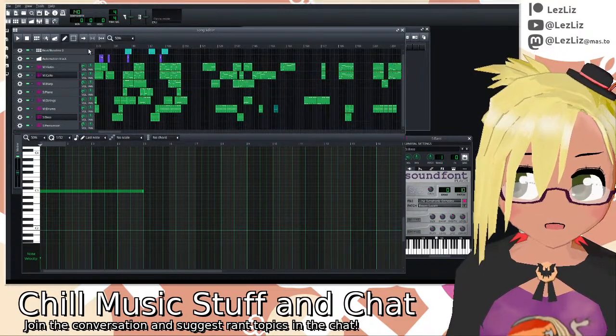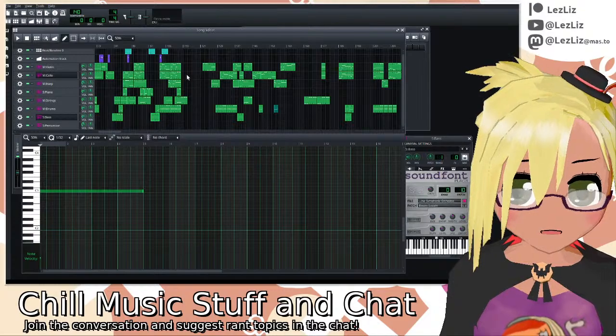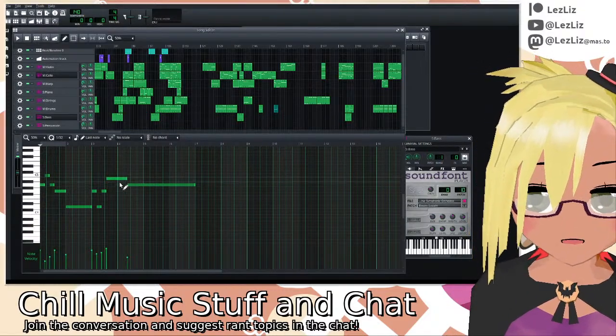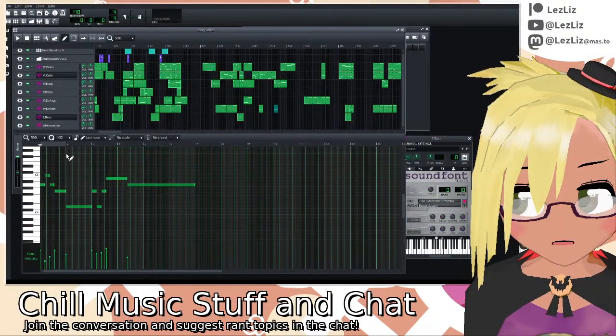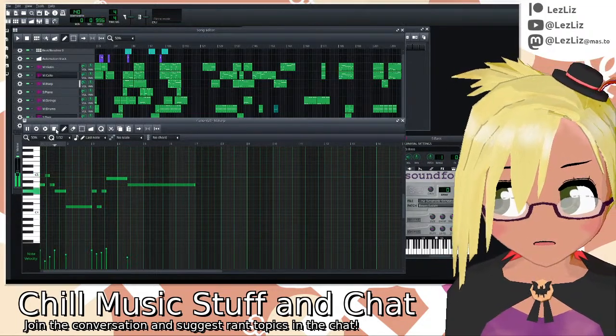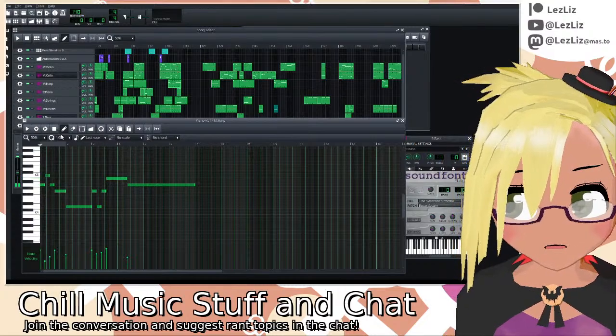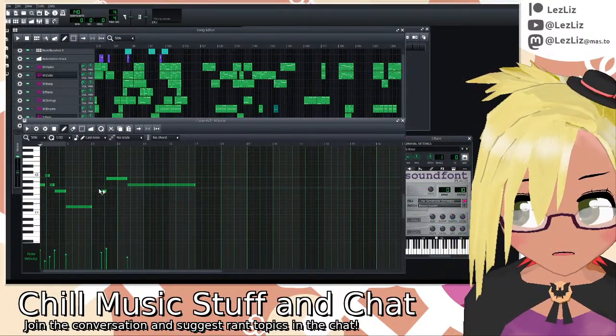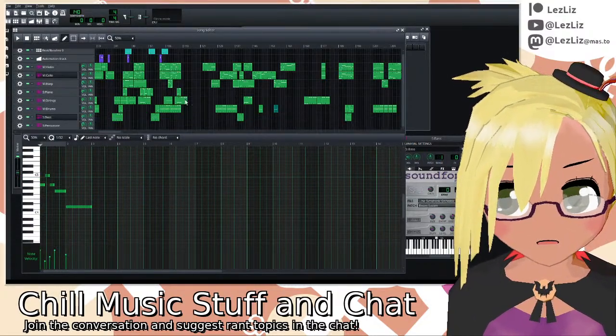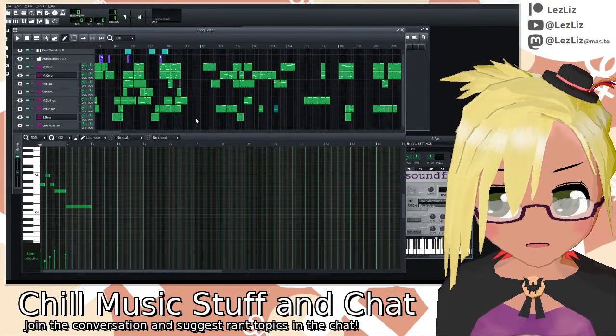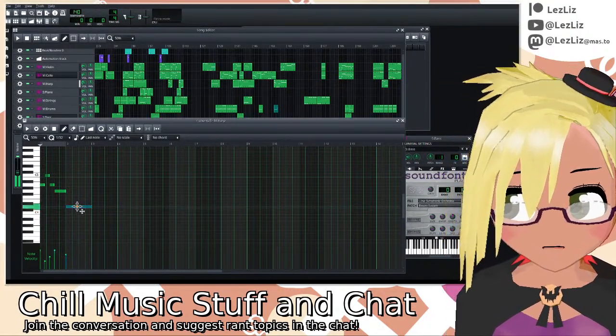Copy the harp part here too and modify it a little bit. Let me see. Get rid of that part and then just do the useful.